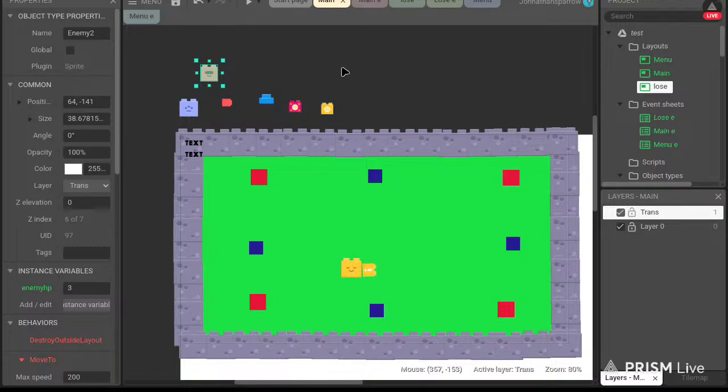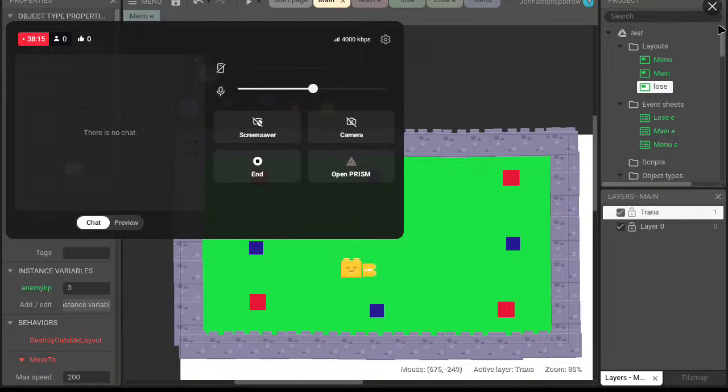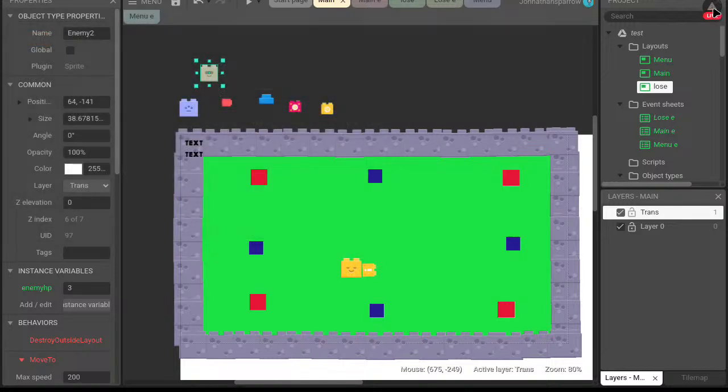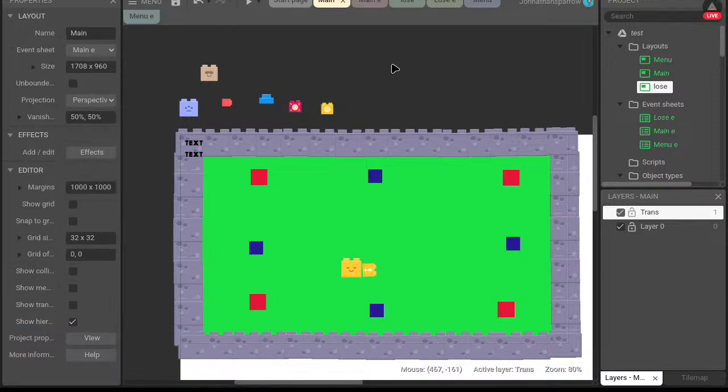I do kind of want to add a power up, and I want to add blood. Well, kind of blood. You know, like a splatter every time you kill an enemy.